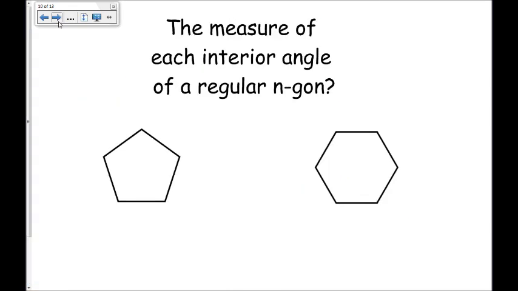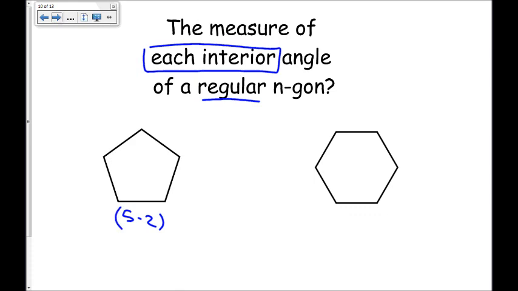Let's talk about regular polygons, the measures of each interior angle. We know the sum would again be n minus 2 times 180. But what about each interior angle? Well, let's see here. This pentagon has 5 sides. So I know the sum will be 5 minus 2 times 180, or 3 times 180,